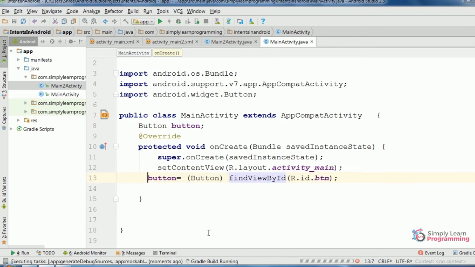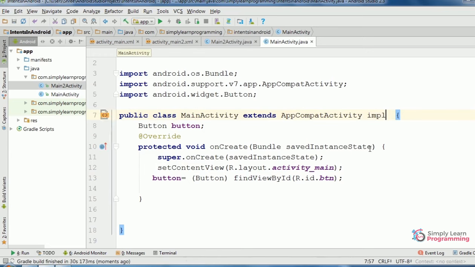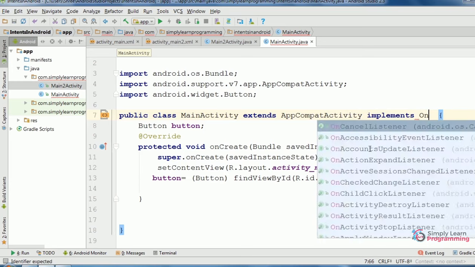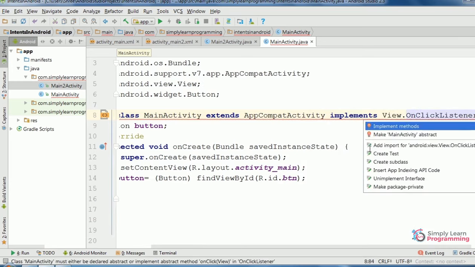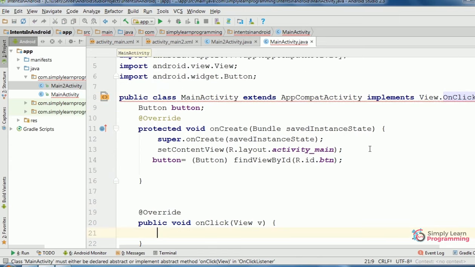Now we are implementing the on click listener. So for that, implements keyword, then OnClickListener, then select this and press Alt Enter. Implement method, click on OK, and our method is implemented.